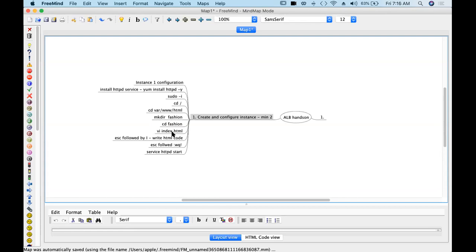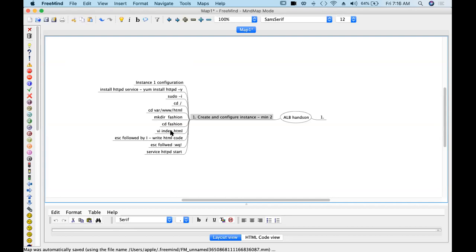And your index.html has to be in the directory which you created now. Otherwise, request will go to your default index.html page, which we have created previously. If you're using a server created in our previous classes, we have an index.html page previously created in html. We don't want that. We want our index.html in fashion. So in fashion folder, you have to put that index.html code.